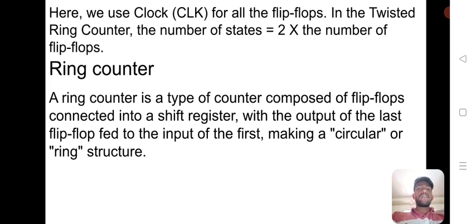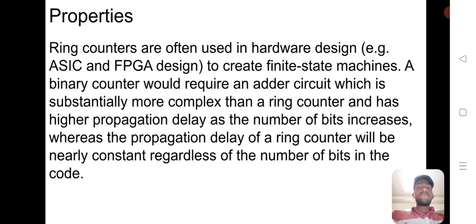Ring counter. A ring counter is a type of counter composed of flip-flops connected into a shift register. The output of the last flip-flop is fed to the input of the first, making a circular or ring structure. Properties: ring counters are often used in hardware design, ASIC and FPGA design, to create finite state machines. A binary counter would require an adder circuit, which is substantially